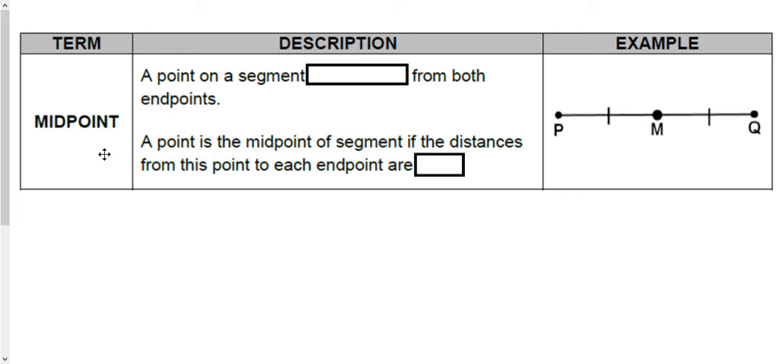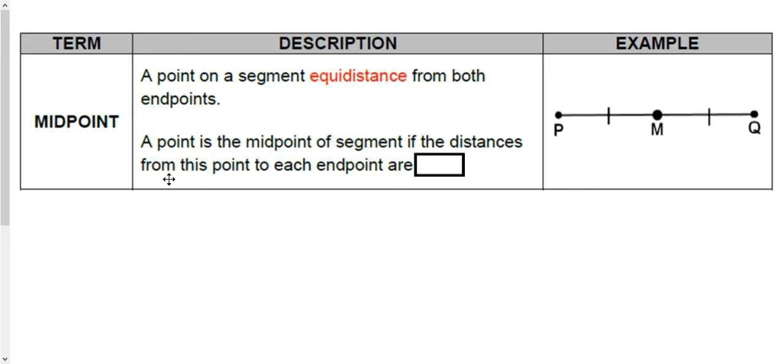So a midpoint is a point on a segment equidistant, the same distance, from the endpoints. We have our picture here. M is the midpoint of PQ here, and the distance from M to P is the same as from M to Q, and we write these little congruent marks on it to remind ourselves that those two pieces of the whole segment